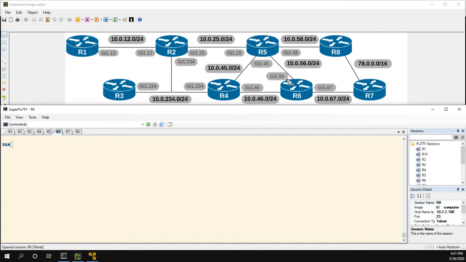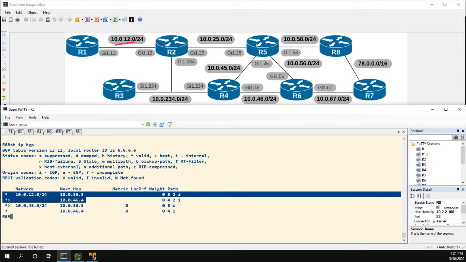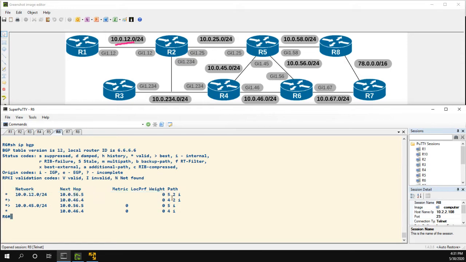We're still going to take a look at the traffic coming from R6 going to 10.0.12. And if we look at the current state of the network, we should see that we're learning it from two different places. Show IP BGP. And we can see that we are. We're learning it from 5 and 4. Now, both these routes have the same AS path length. So both of them are passing through, well, this one's passing through 5 and 2, and then this one's passing